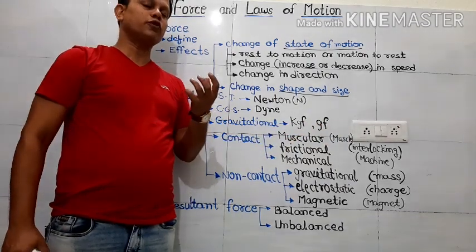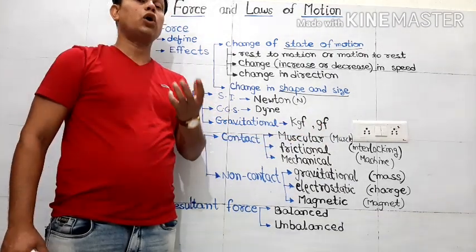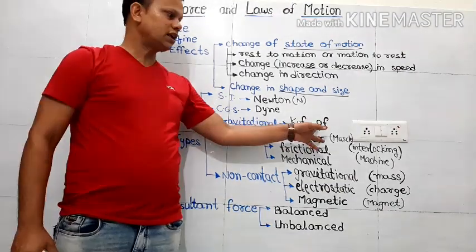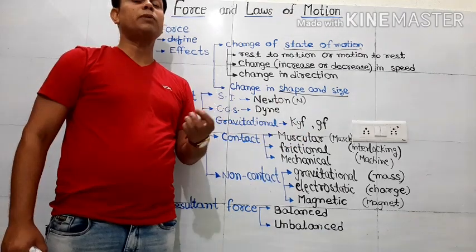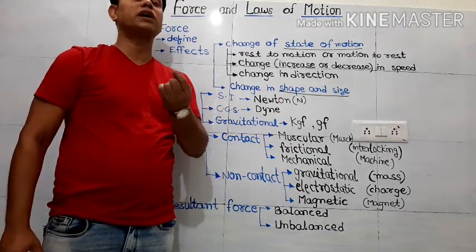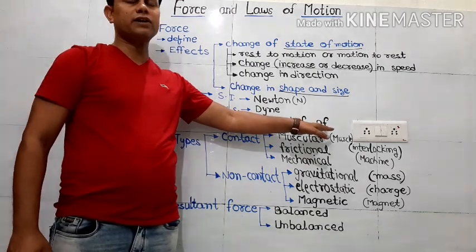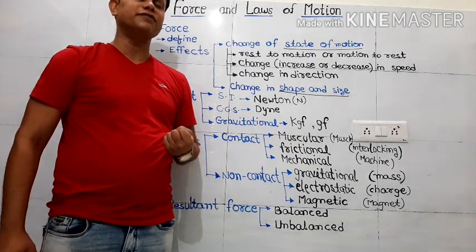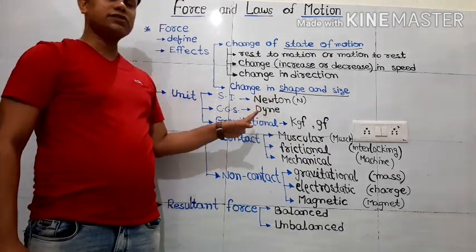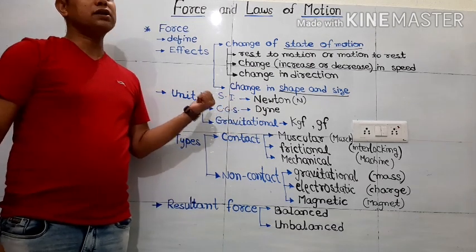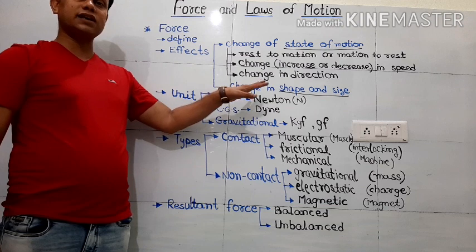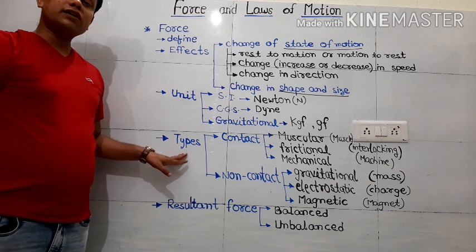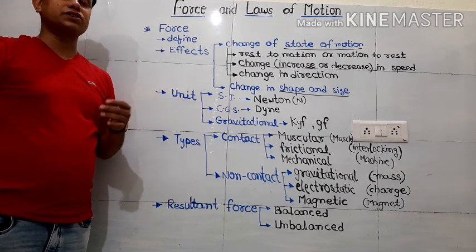Kgf is the force applied by the earth on any object of mass 1 kilogram. So that is called 1 kilogram force. And 1 gram force, by the name itself, is the force applied by the earth on any object of mass 1 gram. Somewhere it is written as kilogram weight or gram weight also, because the earth's pull is also known as weight. So there are different systems in which we measure force, but the most important one is SI, and that is Newton.